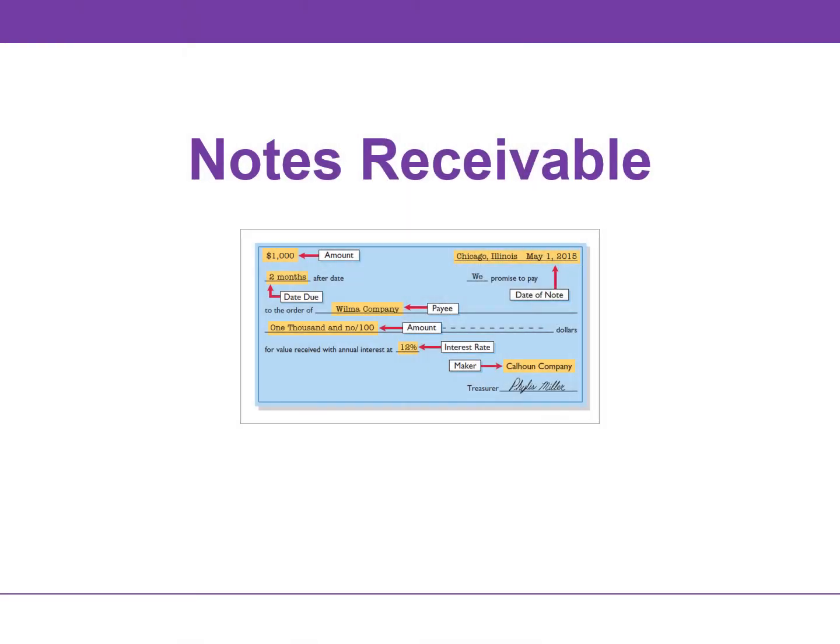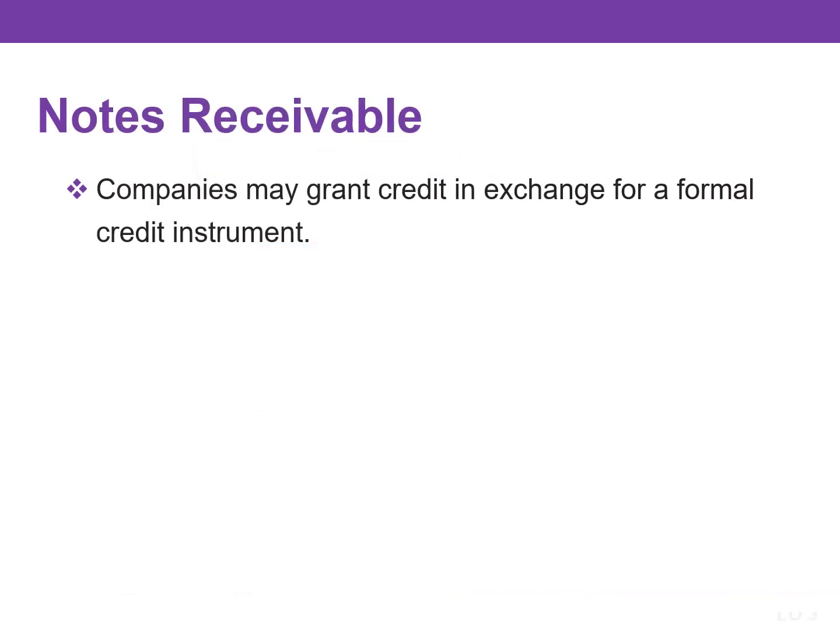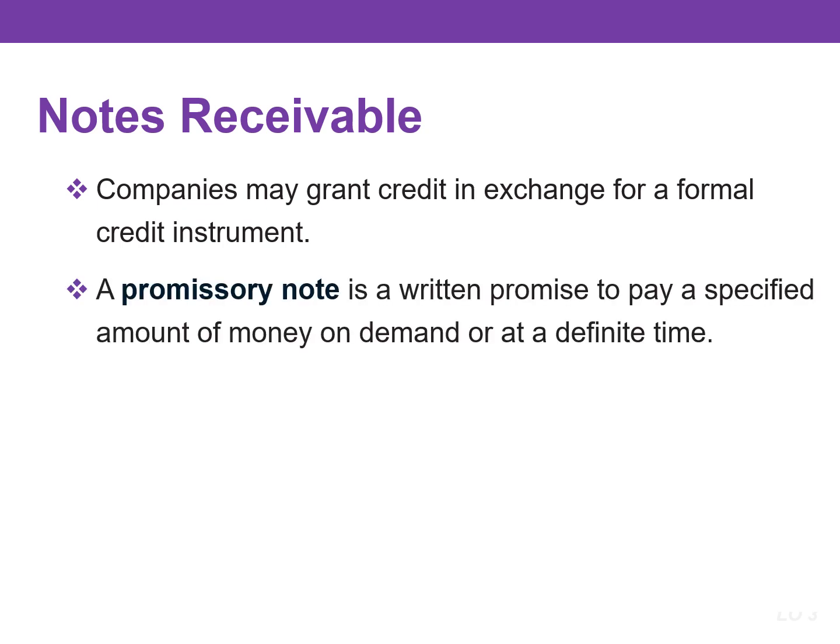This video will focus on accounting for notes receivable. Companies may grant credit in exchange for a formal credit instrument known as a promissory note. This gives the holder a stronger legal claim to assets than do accounts receivable. A promissory note is a written promise to pay a specified amount of money on demand or at a definite